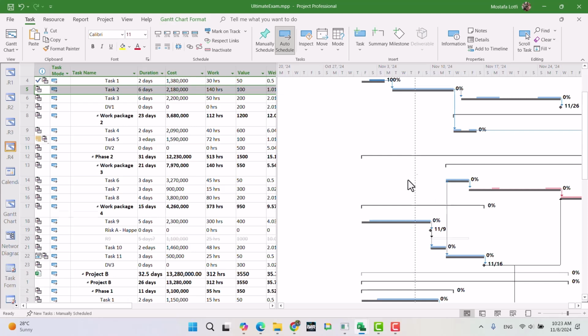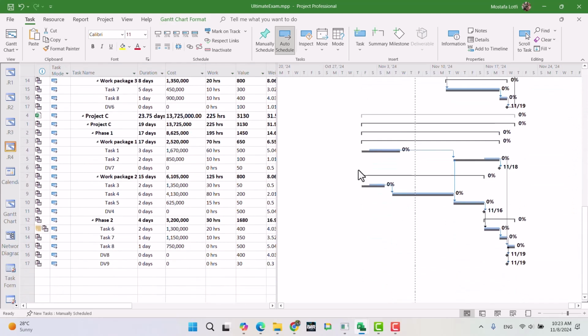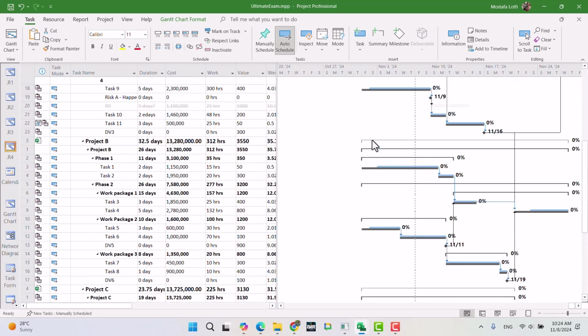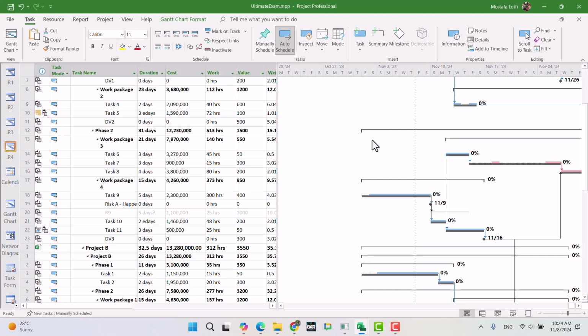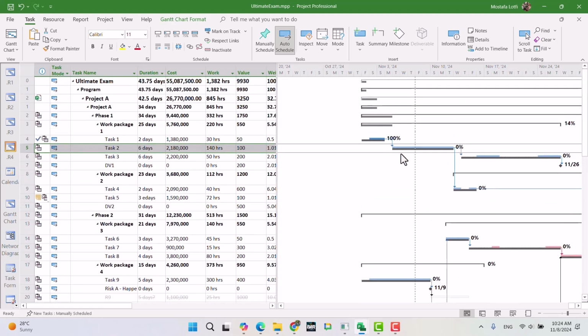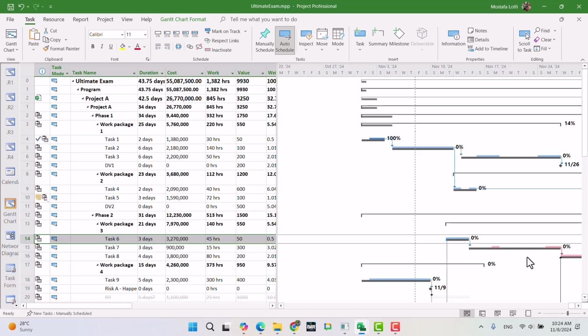So what you need to do is apply those things that happened in reality into your plan. If you open the file and see these tasks still planned for the past, something is wrong. The concept of updating is not only for something that happened in the past. You can also update the plan for something that is going to happen in the future. For example, look at task 6 for phase 2 project A. You may say, okay, 1 week passed,